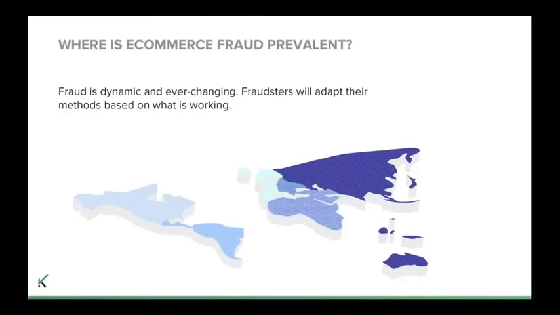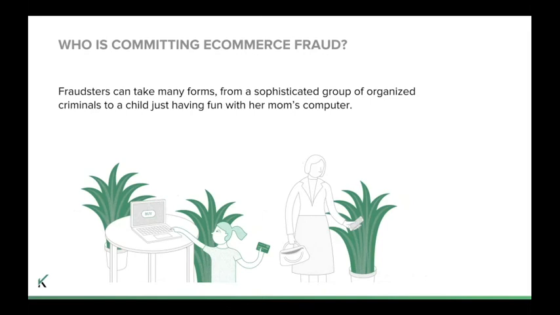Great, thanks, Anthony. So essentially, where is e-commerce fraud the most prevalent? Where are those chargebacks occurring most frequently? Anywhere that goods are sold online in significant volume. Everything that we've seen in our analytics shows e-commerce fraud is not limited by borders. Fraud is very dynamic and ever-changing. Fraudsters do this for a living, so they will adapt their methods based on what is available to them, because it's essentially the way that they put food on their table. So it really is not limited by borders.